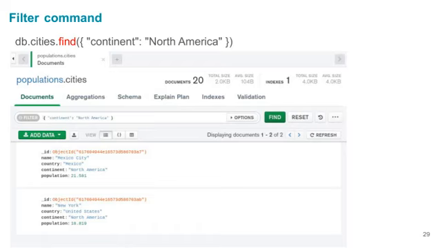Now, let's take a look at this command. db.cities.find({continent: "North America"})